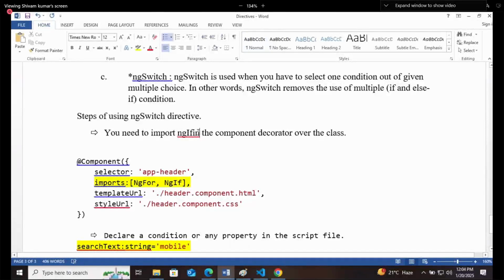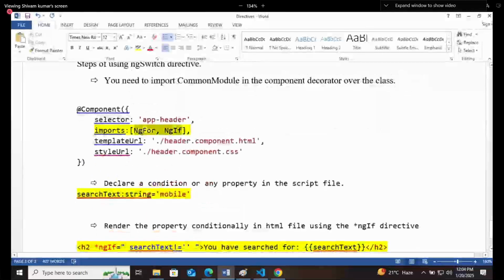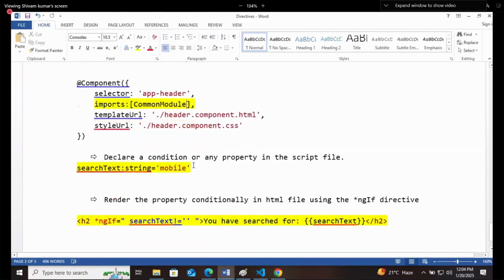Here we need to import the common module. So instead of these things, you have to import common module for that. And after that, declare a condition or any property. Directly, the property you will declare here.